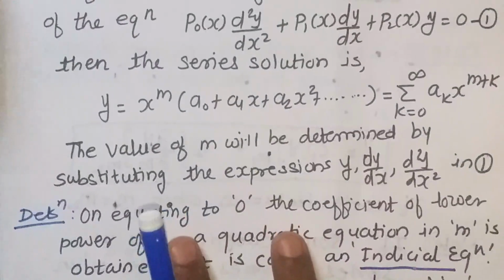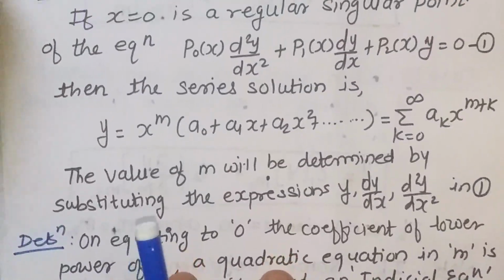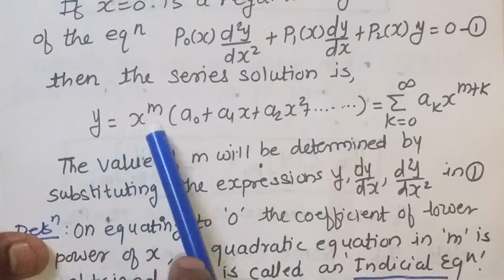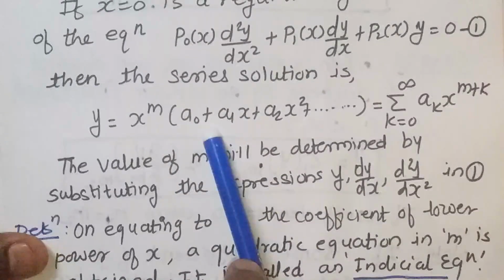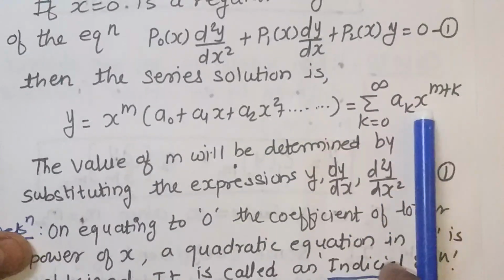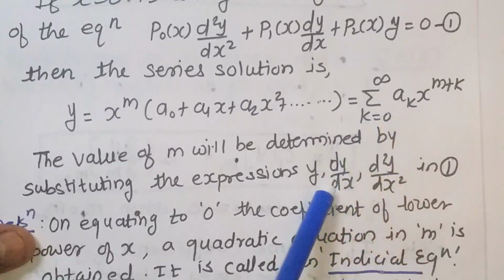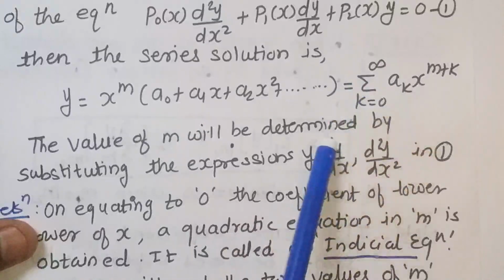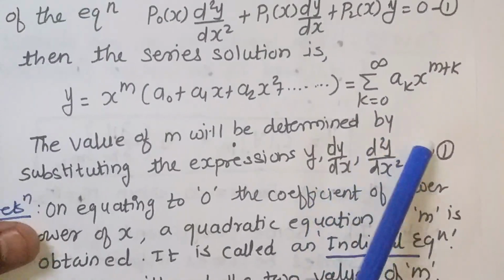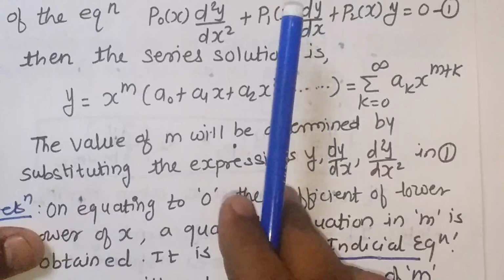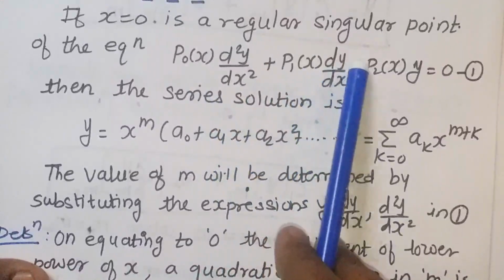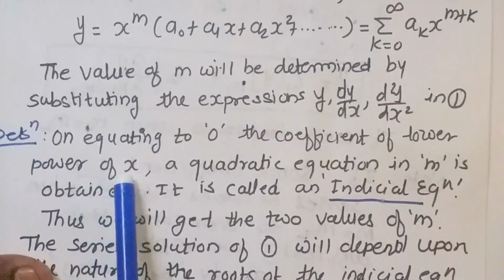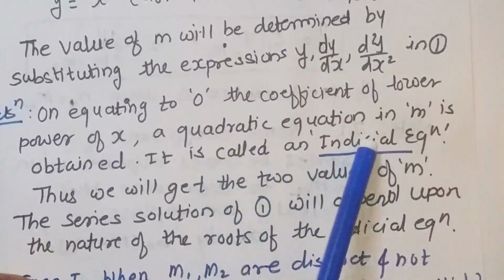One more time, in brief, I will revise the entire Frobenius method. Very first we consider the solution as y equal to x raised to m into a0 plus a1x, and so on, which is nothing but this series. After considering this as the solution, find dy by dx, d2y by dx square, like previous methods, and after determining the derivatives substitute all these three values in equation 1, and once we get some series there, equate to 0 the coefficient of the lowest degree term in x, to get the initial equation.